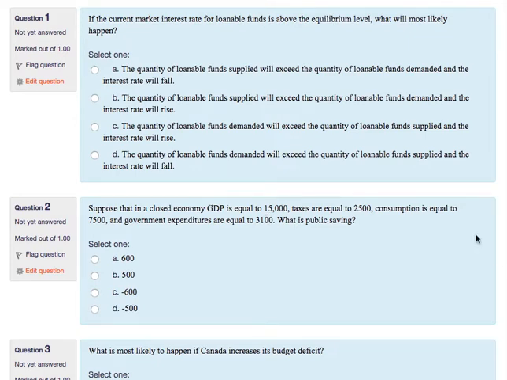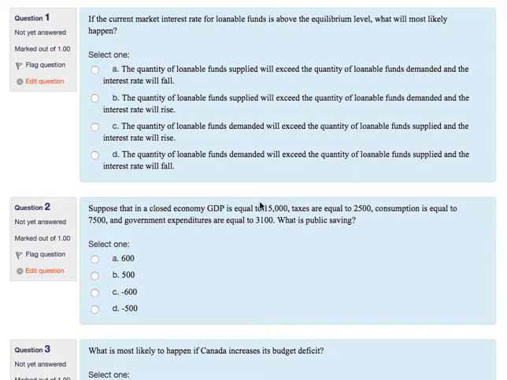If the current market interest rate for loanable funds is above the equilibrium level, what will most likely happen? Well, if we were to draw this, typically we have the demand for loanable funds with the interest rate. If the interest rate is high, the demand is low and the supply is high. So if you're above that equilibrium point, that intersection point, what happens is that you have an excess supply of